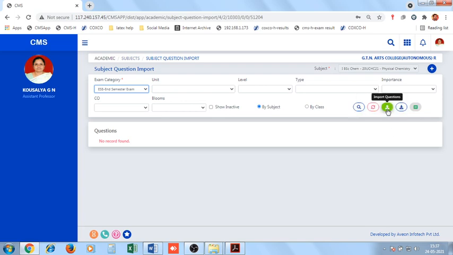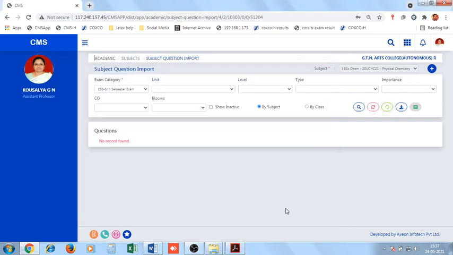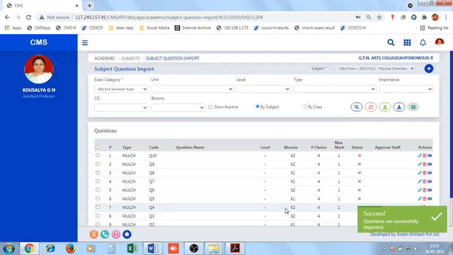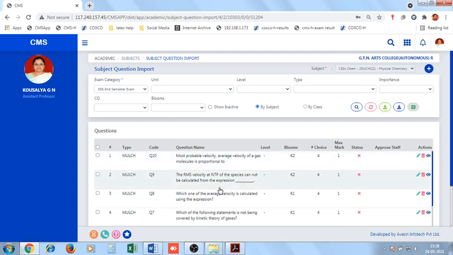When you bring the mouse over here, it will show you import question. Press that option. Already we have a document which contains 10 questions which are thoroughly checked. Press over it. Click open. If your document is error free, then you will get a message, success, questions are successfully imported. If this appears, then you have prepared a document which is error free. Now to ensure that, you have to check all your questions here once again. Here one point is, the first question in the document will appear at the bottom.